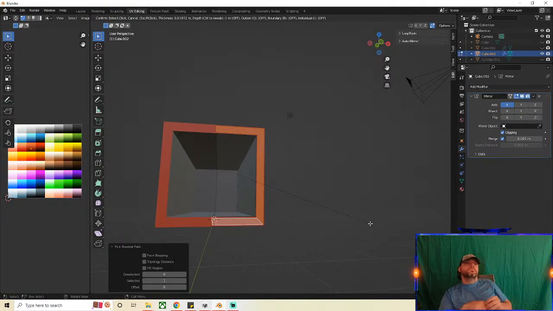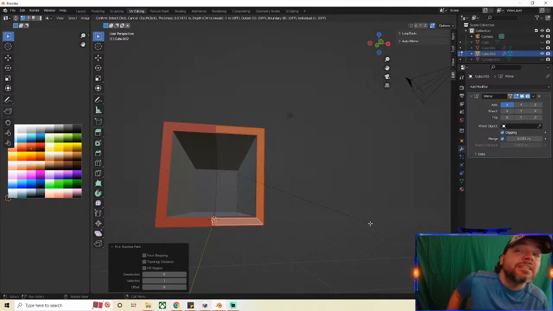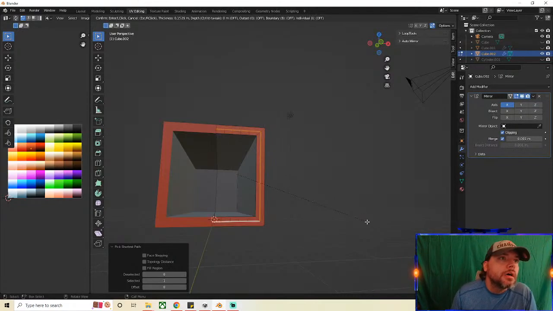Okay, so what I'm thinking here is I can create my own bevel, but I'm not sure the easiest way to do it. I don't want to inset it too much. So if I go 0.03,